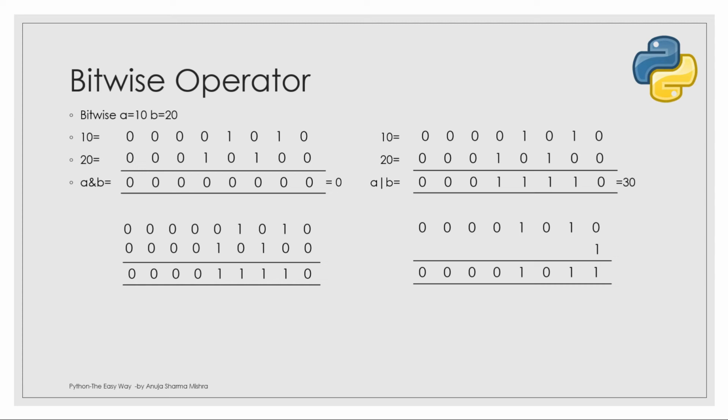So the AND operation says both the values have to be 1, then only the result is 1. So in any of the cells you see, like here in your least significant bit both are 0, so the result is 0, and then 1 0 is again 0, 0 1 is again 0. So the result is 0 over here. Similarly, when you apply the OR operation, the same thing happens. You converted 10 into binary, 20 into binary, and then you calculated the result according to the truth table. So OR says if any of the bits is 1, the result is 1.